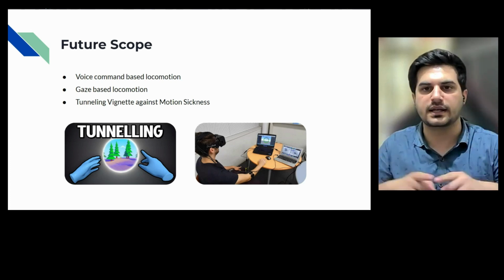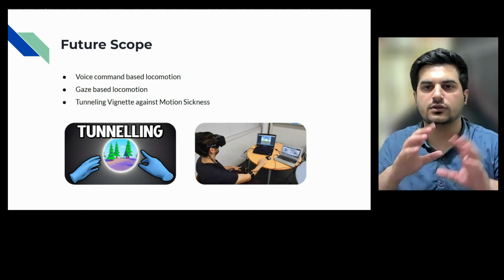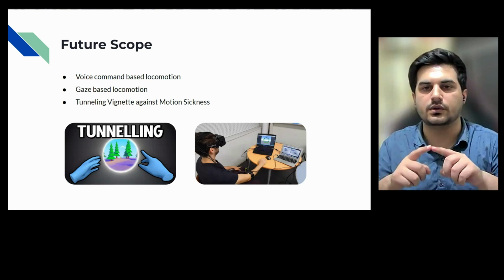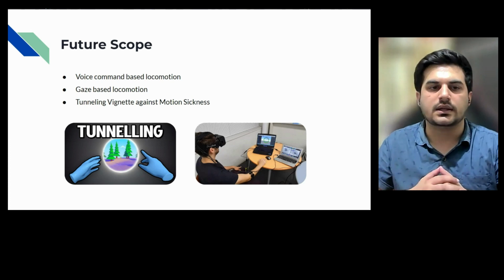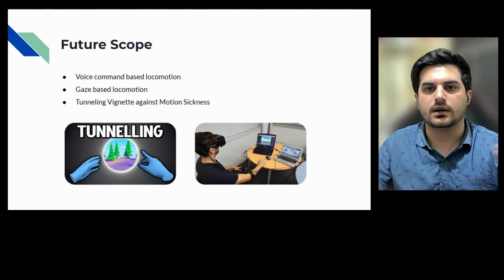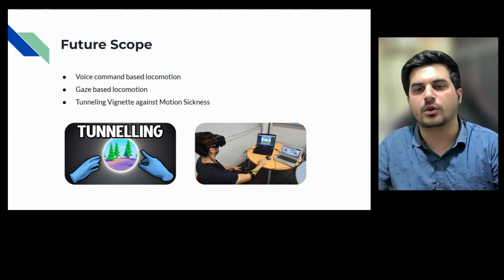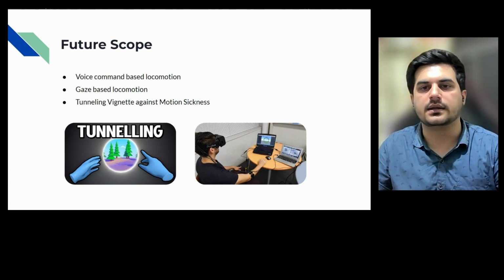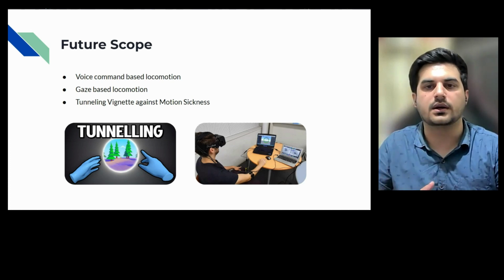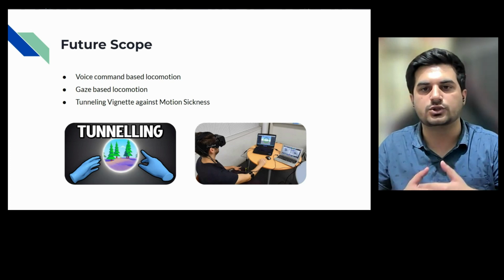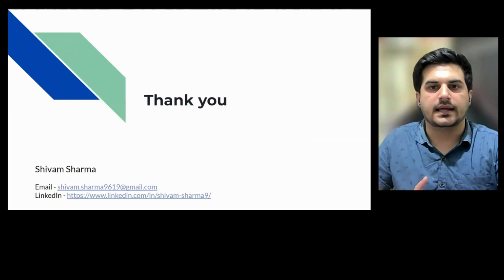It provides a tunneling effect. Before teleporting, you select the point, and in the in-between time after teleporting, a tunnel is produced that blocks all the external view, so you don't get motion sickness. You can also implement this in your locomotion style, and it will help to reduce motion sickness. This is based on the observation of different users, and we should all work towards this. We can implement these techniques and make an accessible gaming or virtual reality experience if we follow all the techniques listed here.